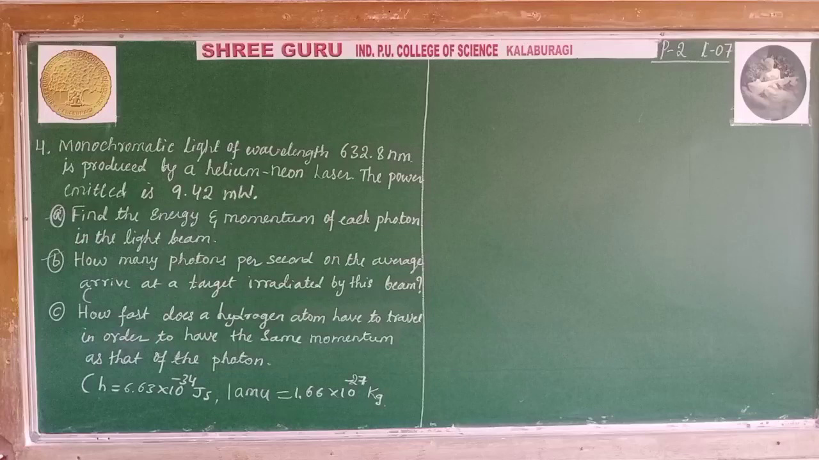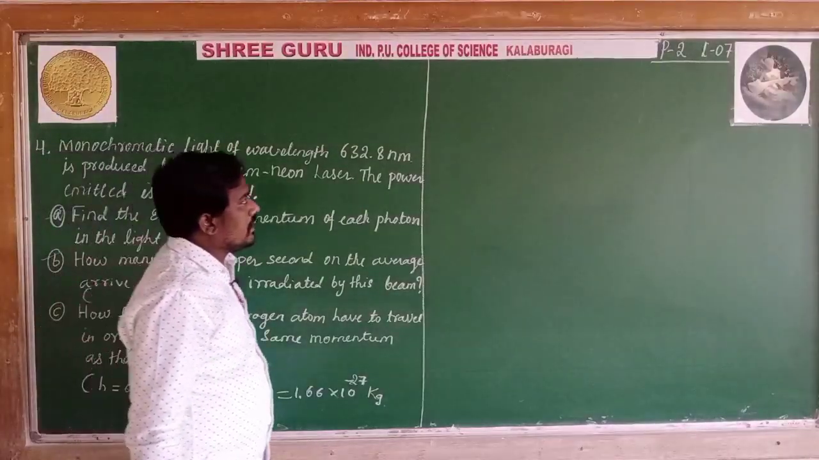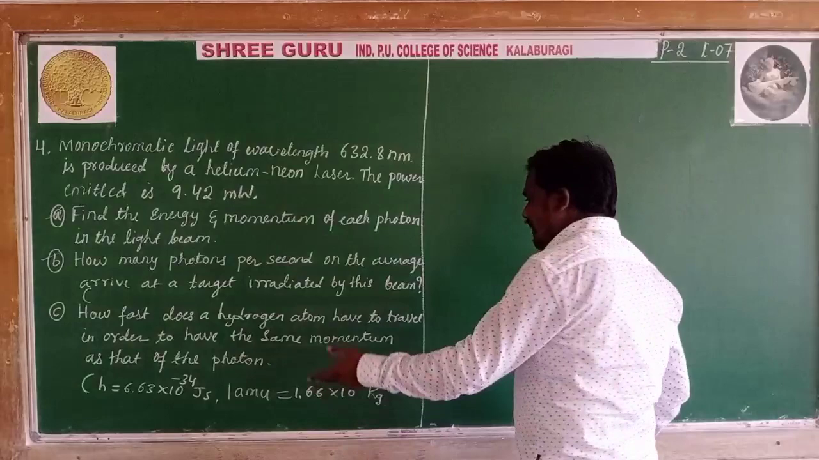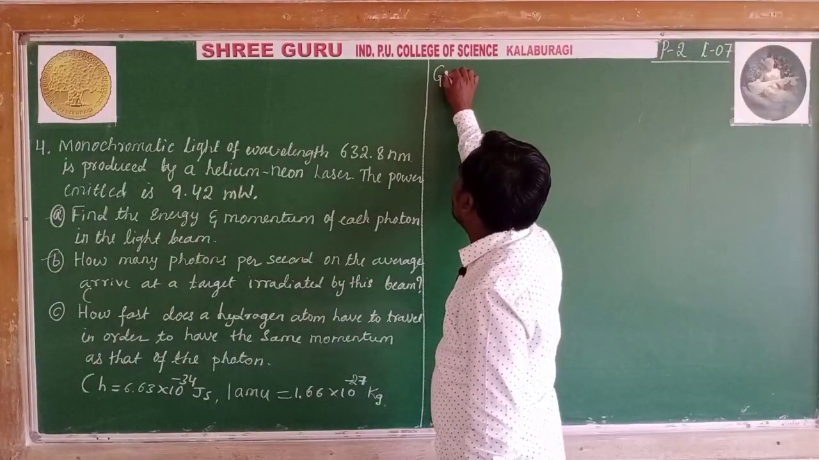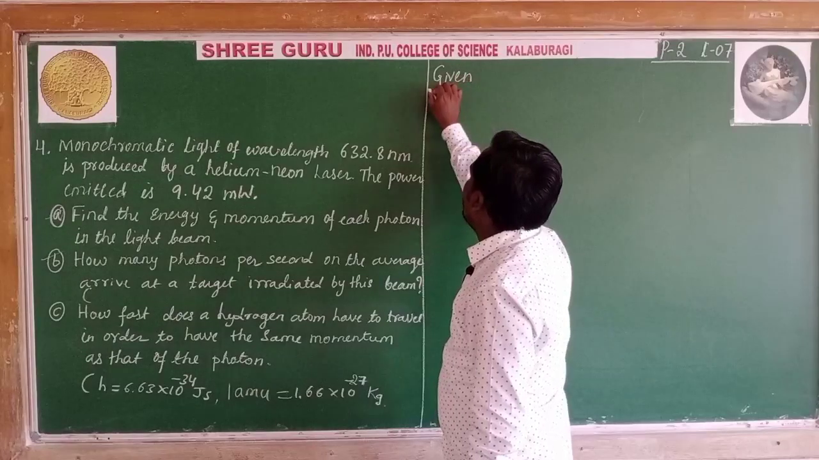Already we know the expressions for energy and momentum, the number of photons acting per unit area of cross section, and also the velocity formula. Let us see one by one. What are the things given? Write yourself first, neatly. Given: